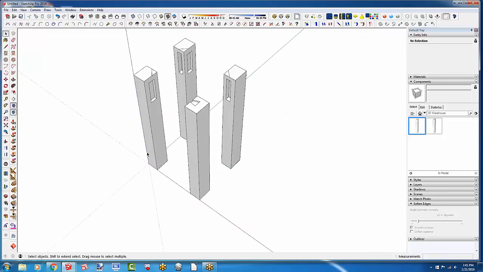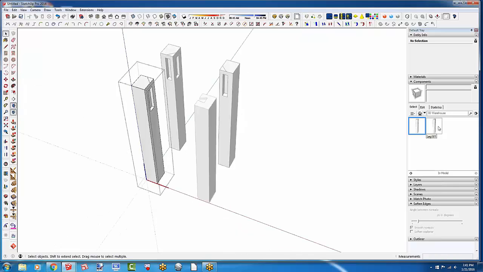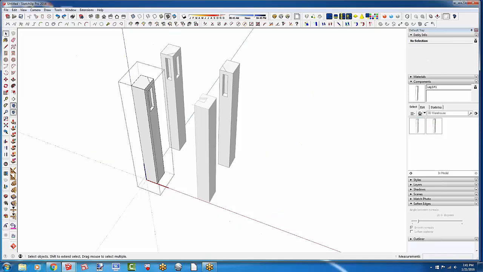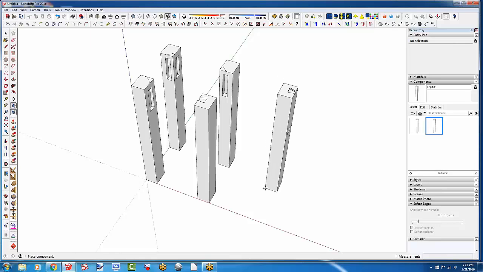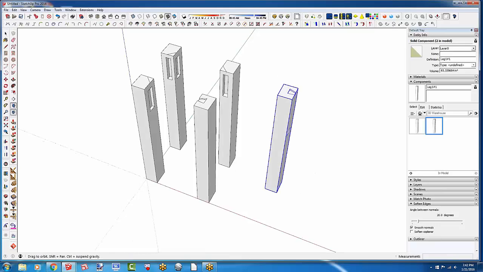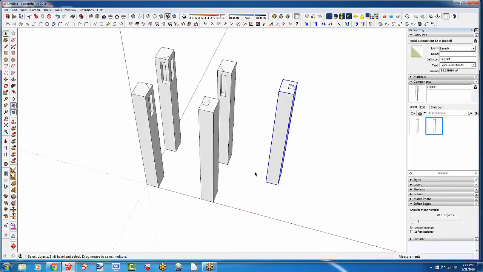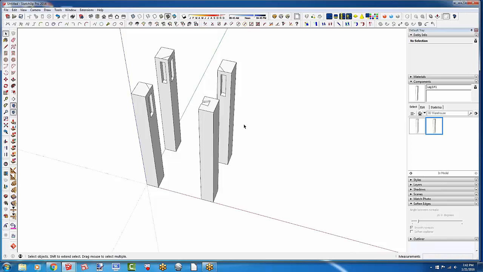The original component was in this position, and its axes were aligned with the global axes, or the model axes. So when you bring a component in, oops, I shouldn't have done that. That put it inside that other component. Let's undo that. It comes in with the original orientation. We'll look at that axis thing a little bit more later, but it is easy to